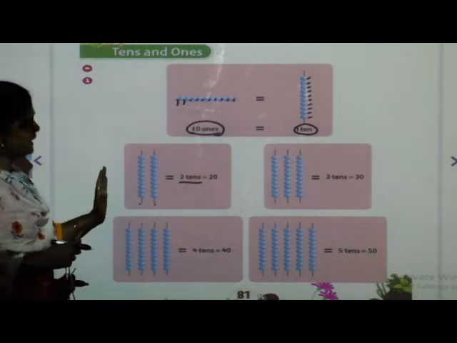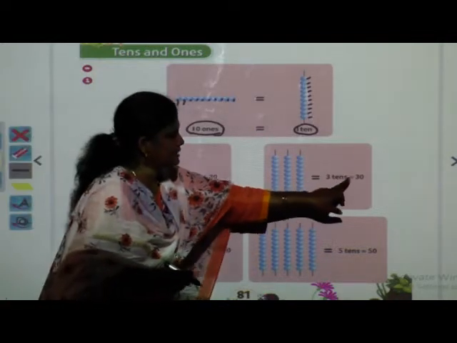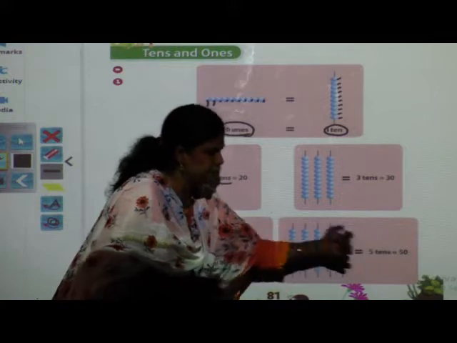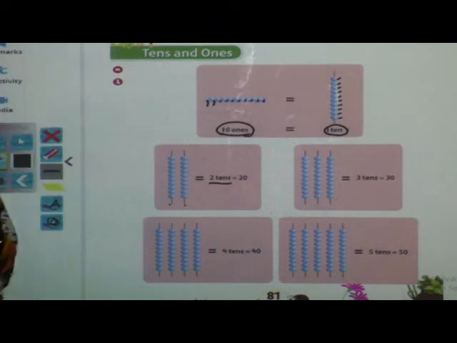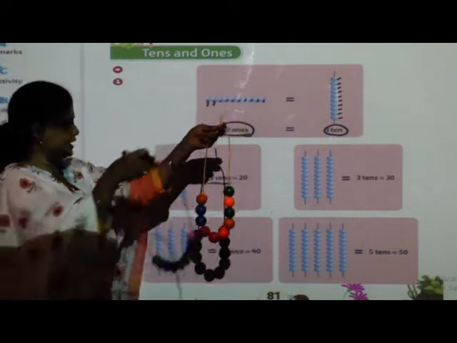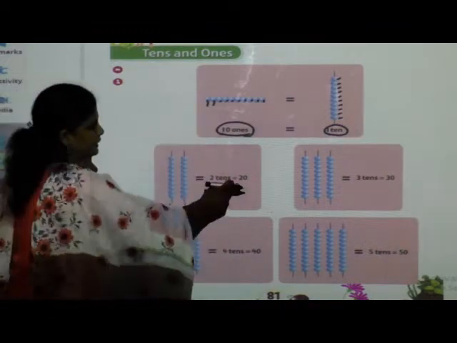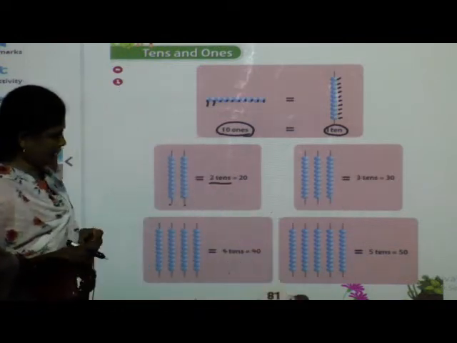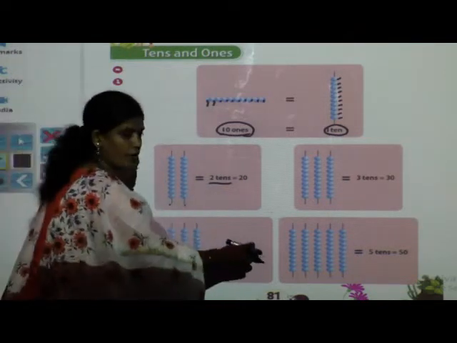Okay, like this. Here 2 bundles are there, so 2 tens means 20, 3 tens means 30, 4 tens means 40 and 5 tens means 50. अगर हम लोग ऐसे और एक करते हैं तो उसको बोलते हैं 2 tens. Just now I showed you that. See, this is 1 ten, this is 2 tens. So it becomes 20. Like this, if we put once again a third one, it will become 3 tens. If we put here one more, 1, 2, 3 and 4, it will become 4 tens.